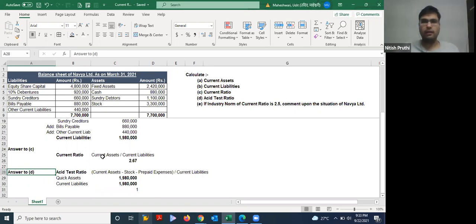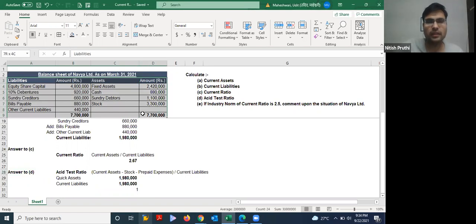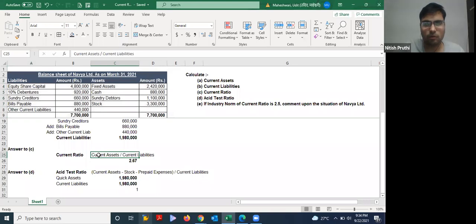So till now we have understood what is current asset, and how to calculate that from the balance sheet of a company. So this is a T-shaped balance sheet. Similarly, in the case of a company, there's a specified format called Schedule 3, or the vertical format of balance sheet, and accordingly, you can calculate the current assets from them as well, and the corresponding current liabilities help you calculate the current ratio and the asset test.